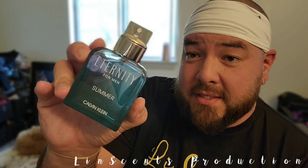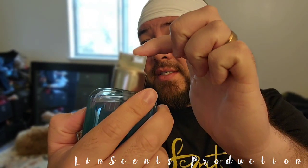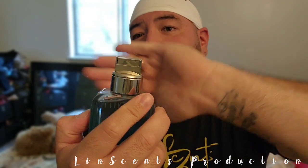Next up, everybody loves a nice summery fragrance, something that's going to be great for the outdoors, the high heat. Everyone loves Calvin Klein, and this is pretty much just in line with all their Eternity lineups. This one is Eternity for men, the summer one. Again, most of the Eternities are going to have this built-in atomizer. Again, right here, it's the back. It's a little button. But there you go. See? This one,